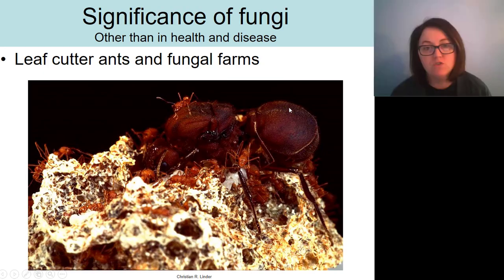All right, another interesting thing involving fungus is leafcutter ants. So leafcutter ants are a type of ant that actually farms fungus, right? So that's what we see here. We see the queen ant and then worker ants, and then we see the fungus that they have been farming, right? So it's sort of an interesting thing. Humans were the only farmers. Well, we're not.